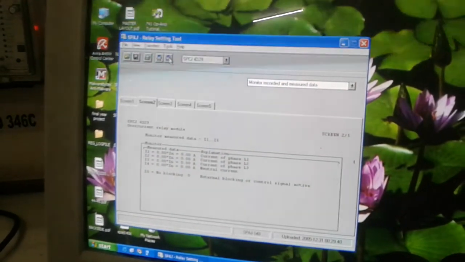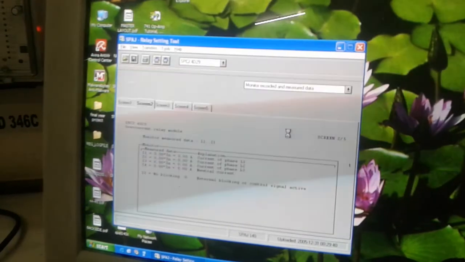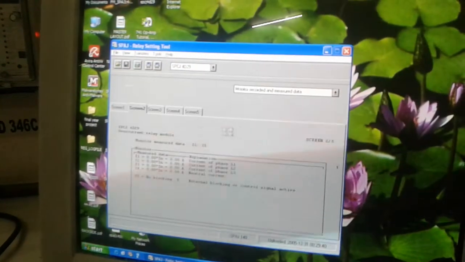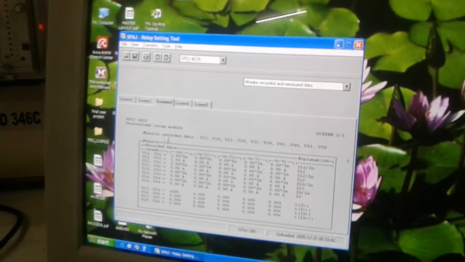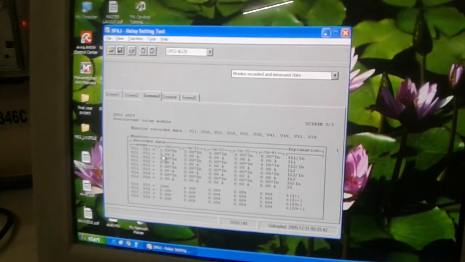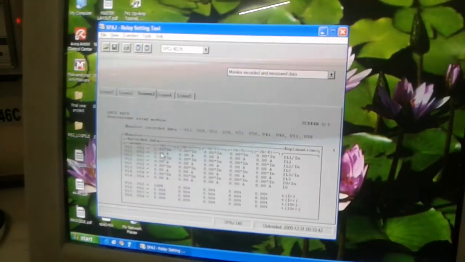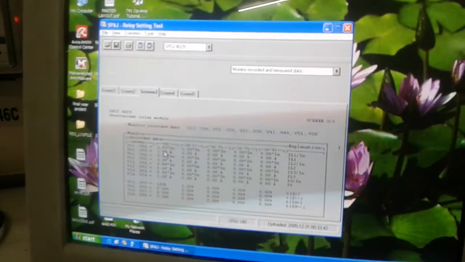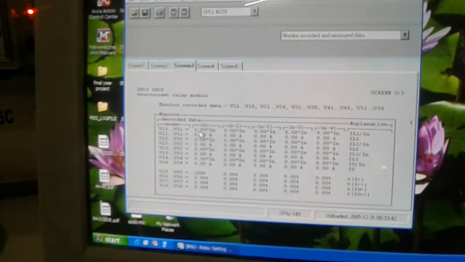So I am just clicking here to upload the data, so that we can see at what current relay has given a trip signal. So here you can see on screen 3 at 1.93 current, relay has given a trip signal. So by this way we can see the recorded data, this is 1.93.